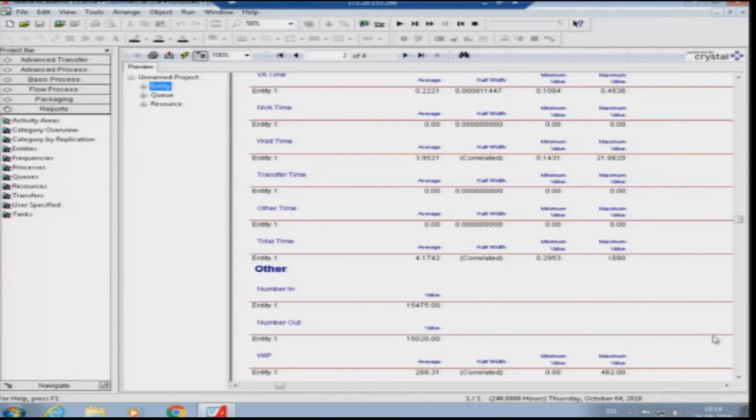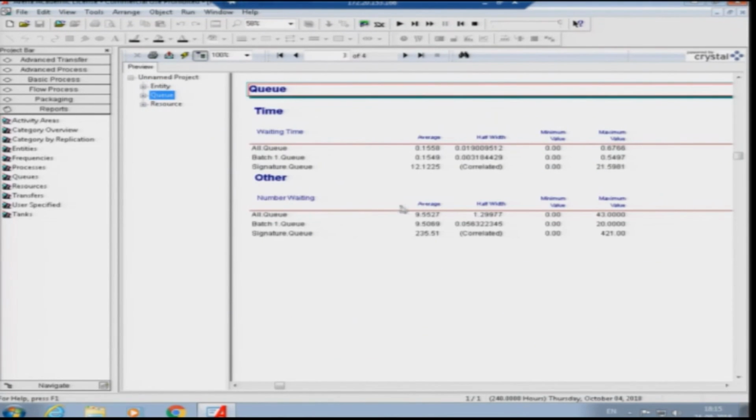So, now you can see again it has been improved, the input and output ratio has been improved from the previous case. Now, we will check the queue size and queue length. So, now the queue size and queue length has been improved for the all queue, but for the signature queue it has again increased,